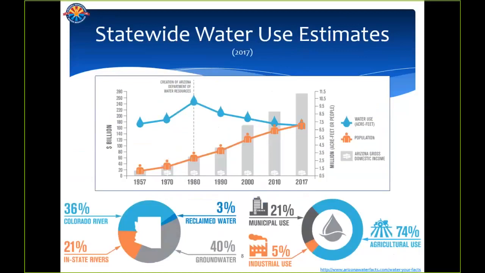So the compilation results in these charts that many of you are familiar with. These charts have been published on an annual basis for several years now and can be found at arizonawaterfacts.com. Even though we have compiled this information annually for many years, it was typically only published as these types of high-level summaries with not a lot of detail, or as parts of reports like the strategic vision or documents